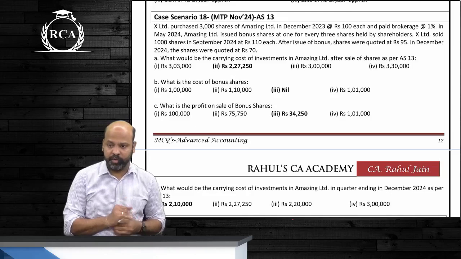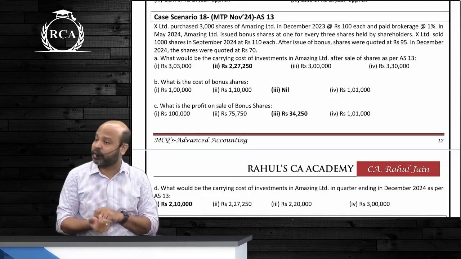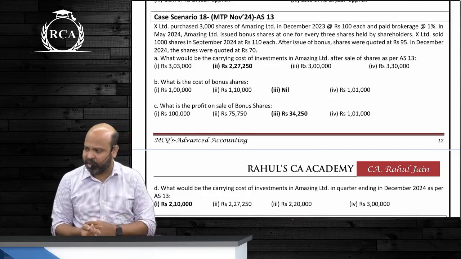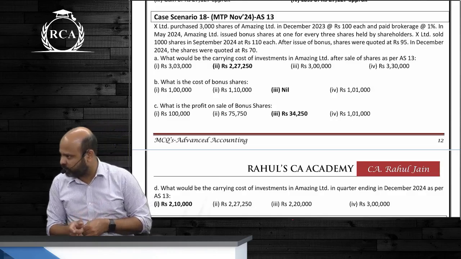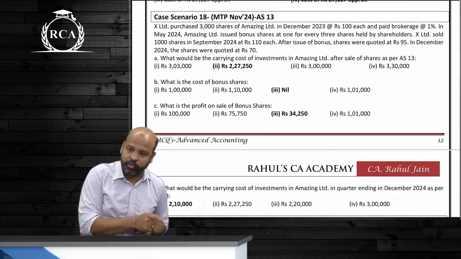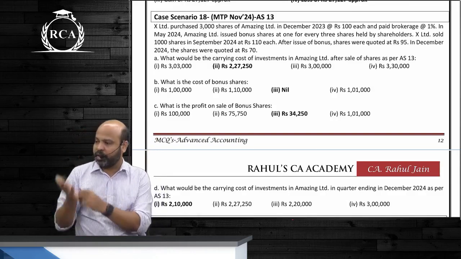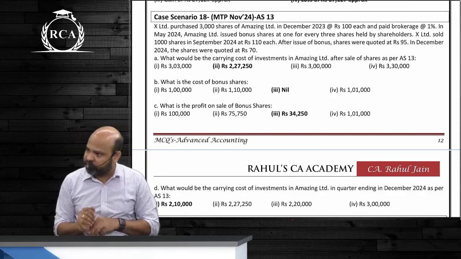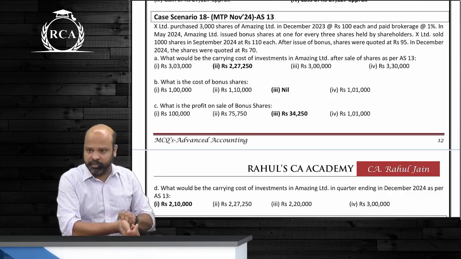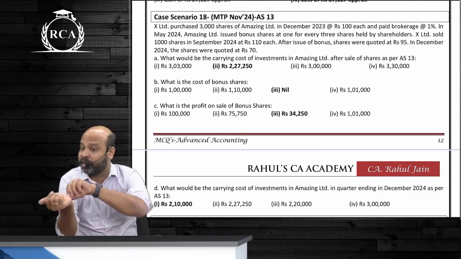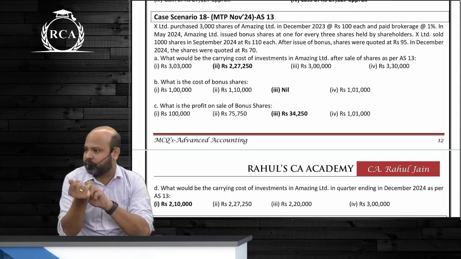Investment accounts के लिए we have used FIFO method or weighted average depending on information given in the question, because we assume that shares are held as stock in trade. If they are held as stock in trade, AS 13 is not applicable. That is why we can either use FIFO method or weighted average method. But for equity shares, we always use weighted average method, because when bonus shares comes as such beta, on the entire cost change, इसीलिए बेटा we have to use weighted average. Tax में बेटा we cannot use weighted average method because your capital gains are taxed based on period of holding. That is why they go by FIFO method.